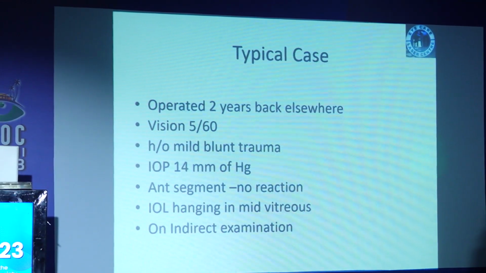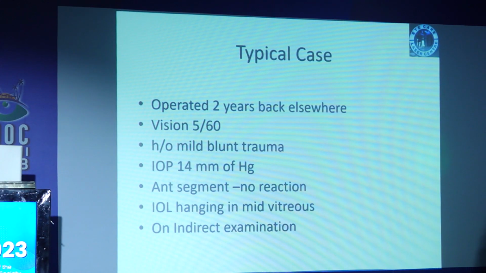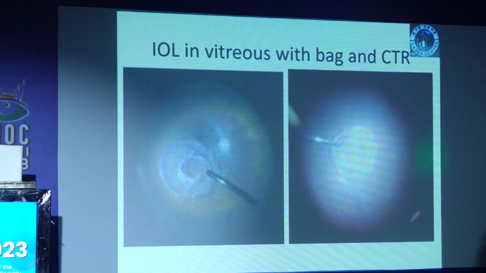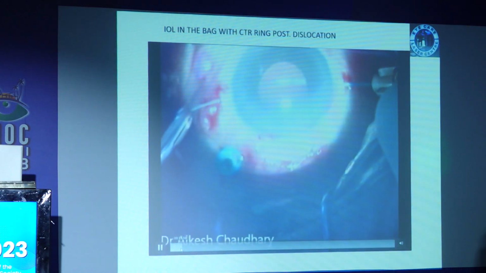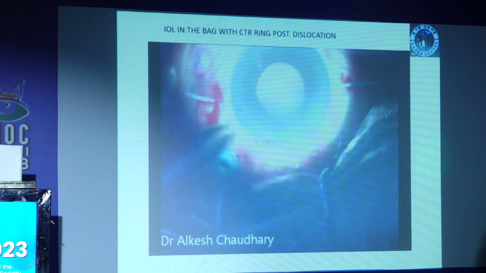So this was one case 2 years back, operated somewhere, vision was 5/60, had a mild blunt trauma. Actually he had an IOL in the vitreous with the CTR ring and the capsular bag all together lying in the vitreous cavity on the retina. So I managed it in a different technique using a fish hook technique. First passing the sutures for fixing an SF IOL,